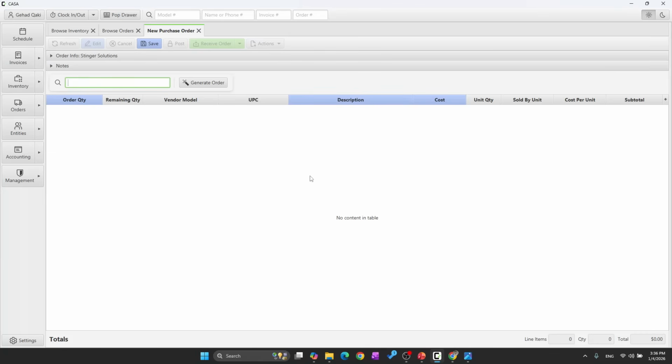All you do here is search for the vendor model or model of what you're trying to order. So let's say I want to order some 4-gauge wire. I'll just enter my store model number 4GW. And you'll see that when I do that, I actually get the two options of vendor models of 4GW, which I have already assigned to the 4GW model. So you see here that for Stinger, it's the